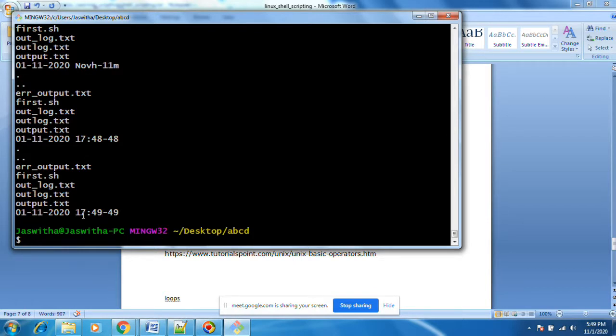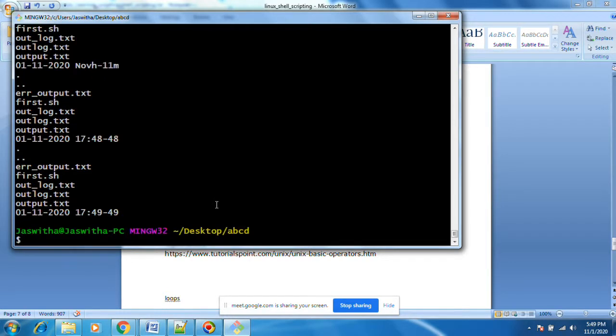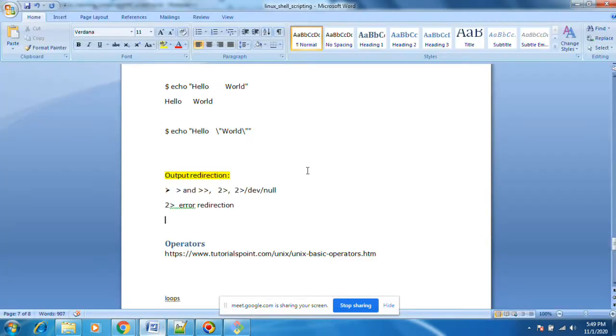Okay, you can know when the script ran, using this redirection operator. Make sure, these are very important while writing shell script. You want to know what time the script ran and what kind of errors the script produced.